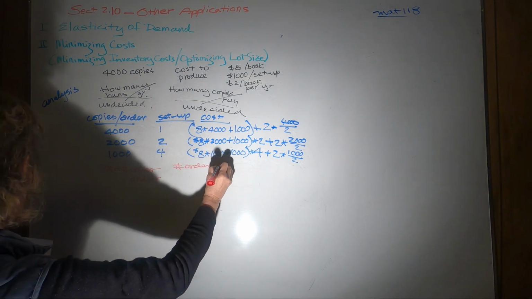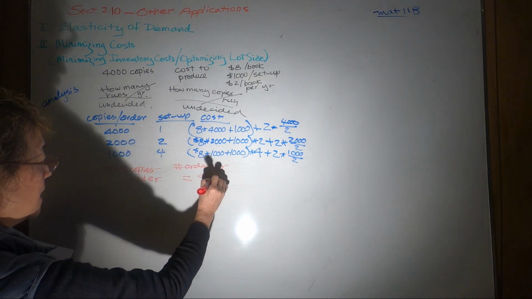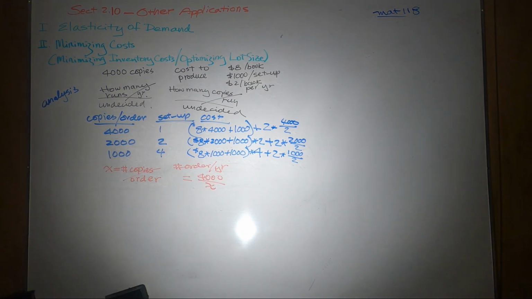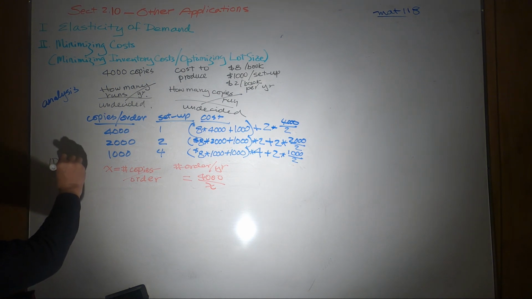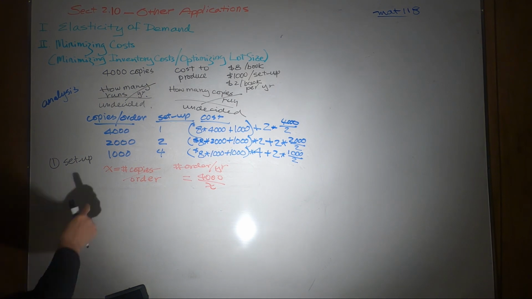The number of orders per year will be a total of 4,000, depending on how many you order, then you divide it by X. Then that's how many times you need to order, right? So first, you set up, identify what you need with one variable,